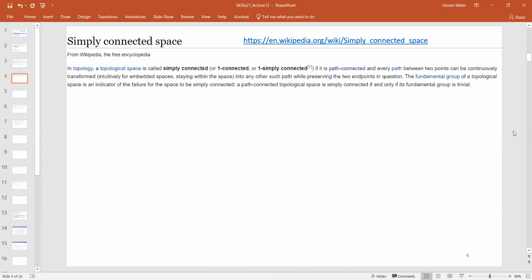All right, so we need a couple of results, which hopefully you've talked a little bit about in real analysis. The first is a simply connected space. There are lots of different types of connected. A donut is connected, but a donut is not simply connected. So if I give you a donut like this,